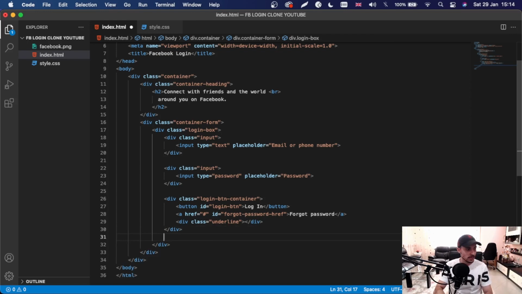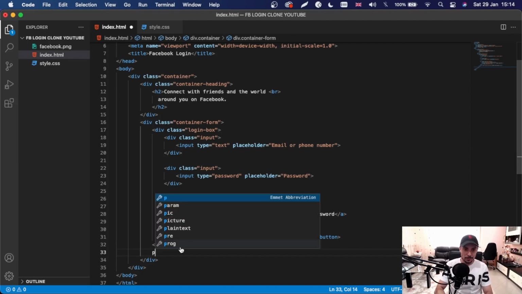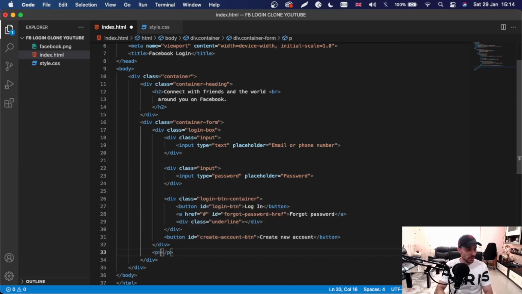So I'm going to say button, and this button will have an ID of create-account-btn, and I will say create new account. And finally, below this div, below the login box div, we will have a paragraph, and that